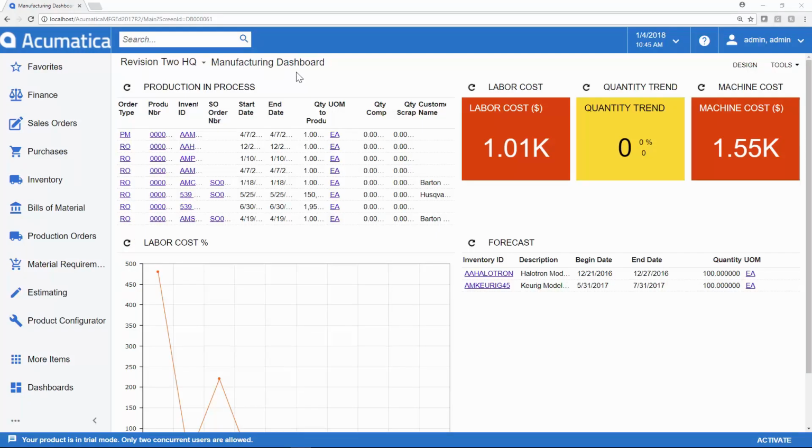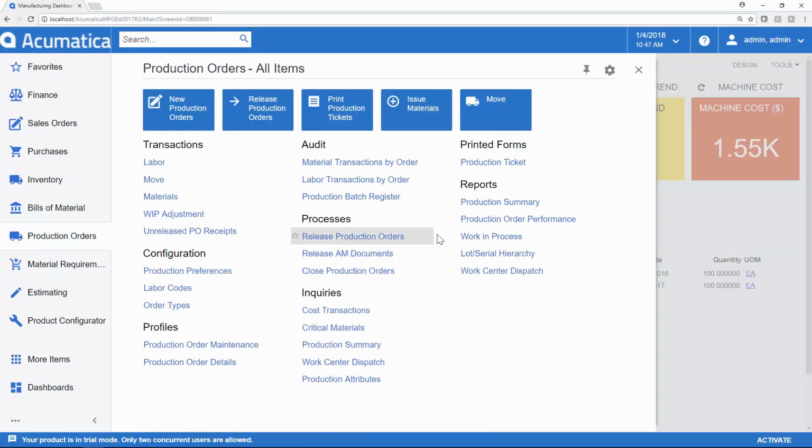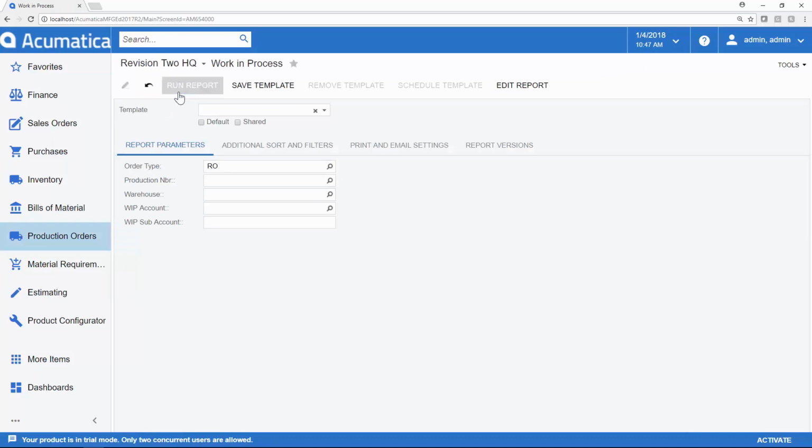Acumatica users have dashboards that are specific to their role. Someone working on the shop floor or managing the production process would have a dashboard that looks something like this, where they can keep an eye on production in process, labor costs, machine costs, and a variety of other items that are of interest to them. There are also hundreds of reports available throughout the system. For example, if you were looking for a production summary or work in process, you could very easily run that